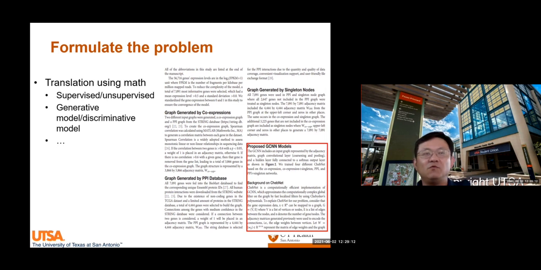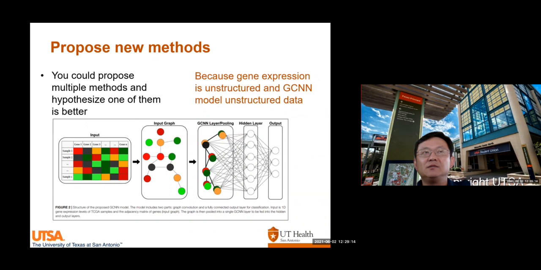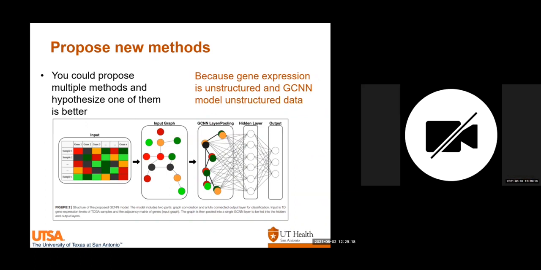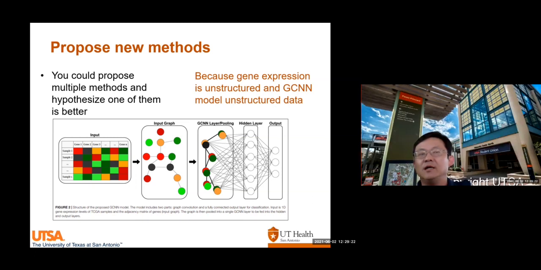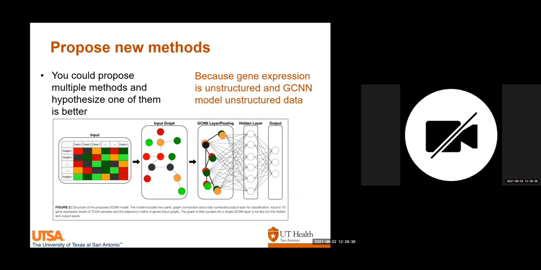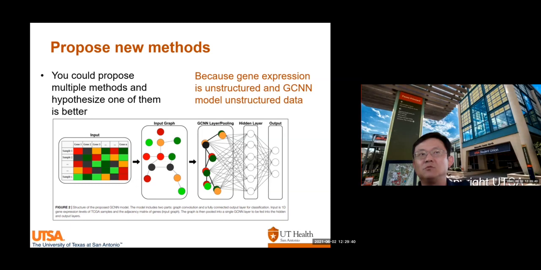After we formulate the problem, you can think about proposing new methods. Okay? So you can propose multiple methods. The reason here is you might not be completely sure whether one method is going to be the best solution, right? In this case, you can propose multiple methods